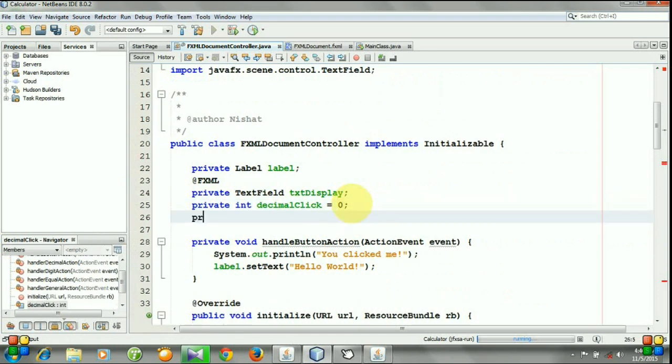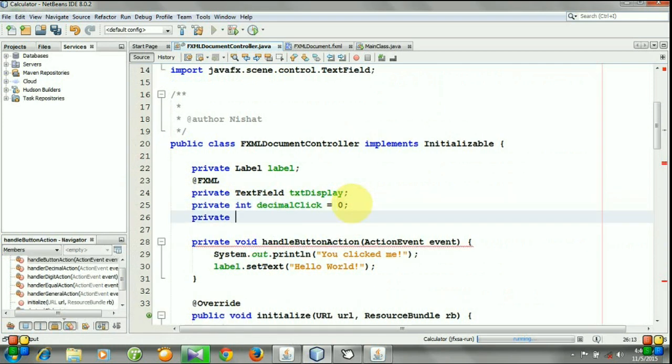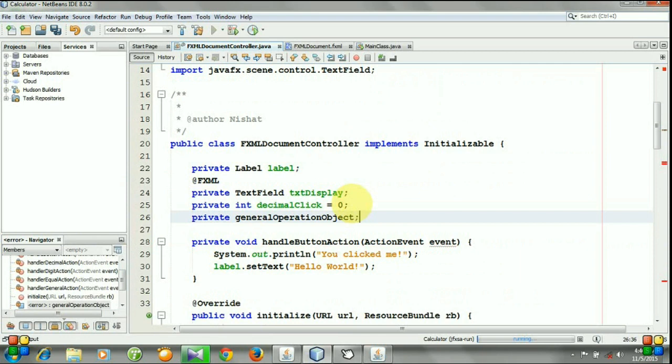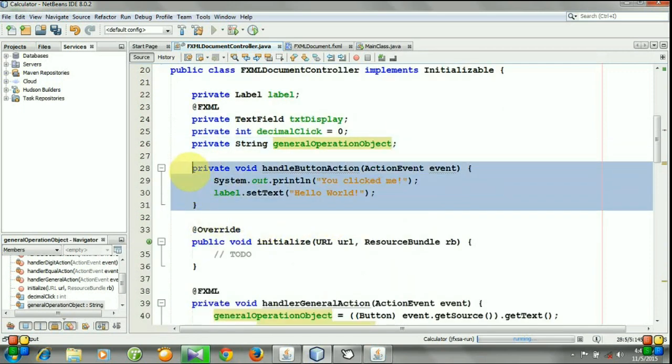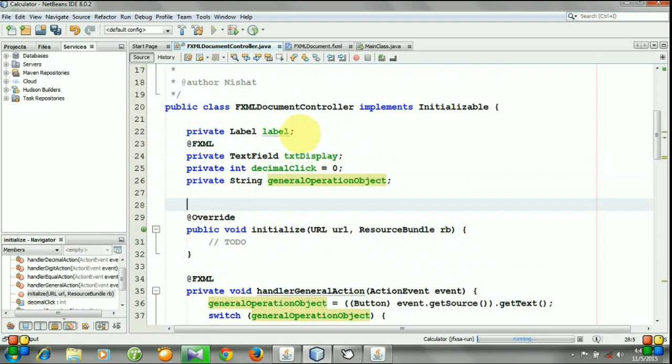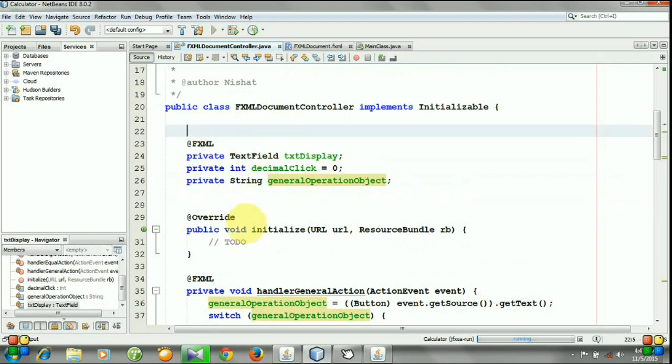So private string general operation object, we need not this and this. So save it.